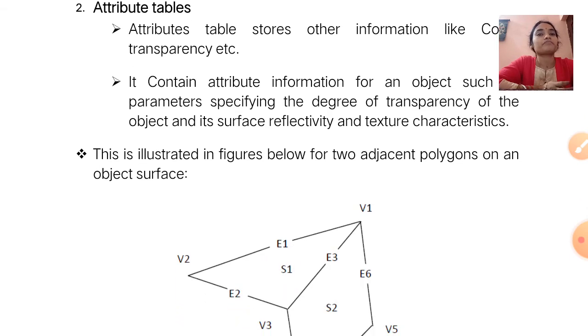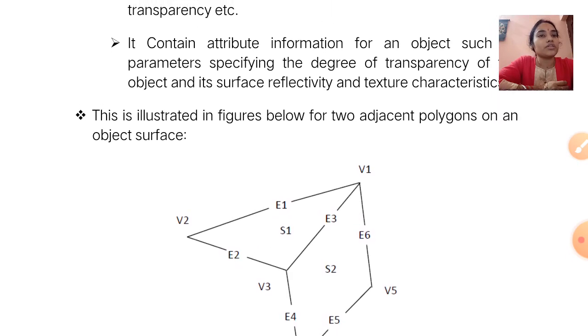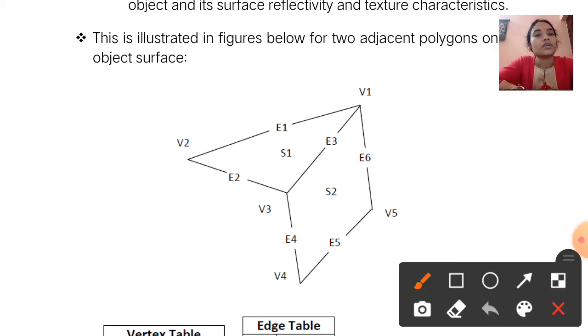Here is one example which displays how the data are stored in these tables. In this figure, two adjacent polygons on an object surface. In this figure, how many vertices are there? V1, V2, V3, V4, V5. That means 5 vertices are there.